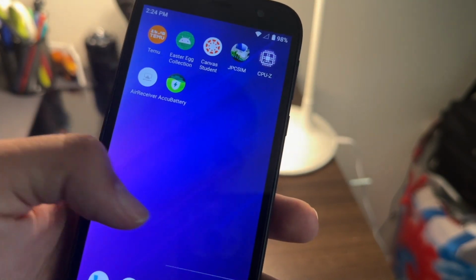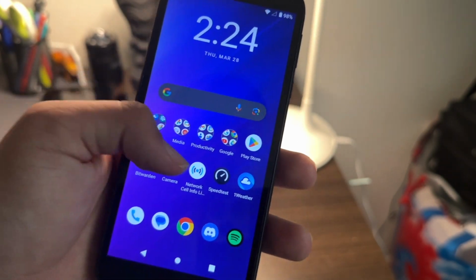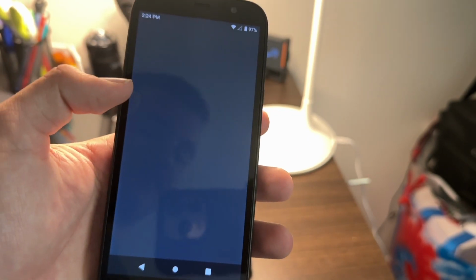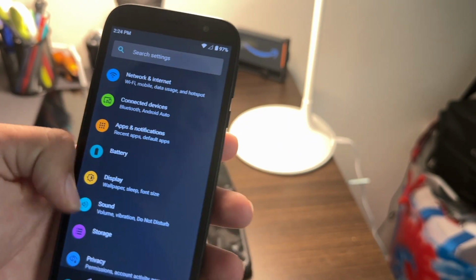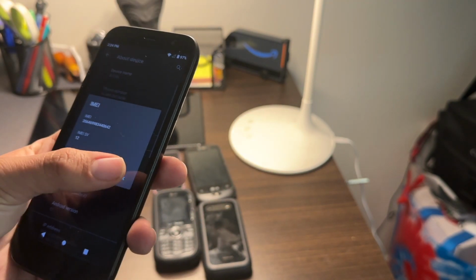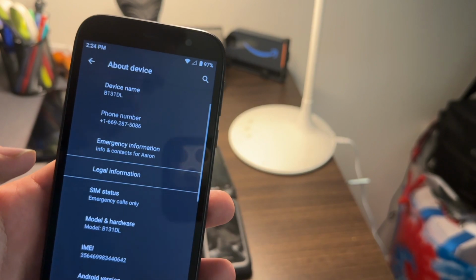It's not bad. I don't use it that often. This phone does run Android 11. I go to settings. This phone is unlocked as well from TracFone. So the model number is a